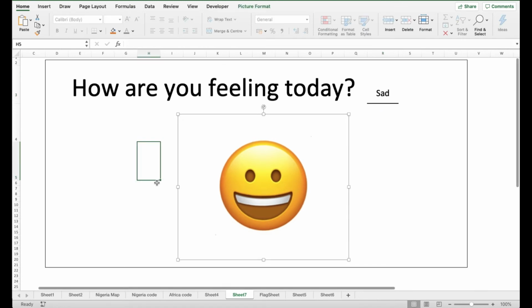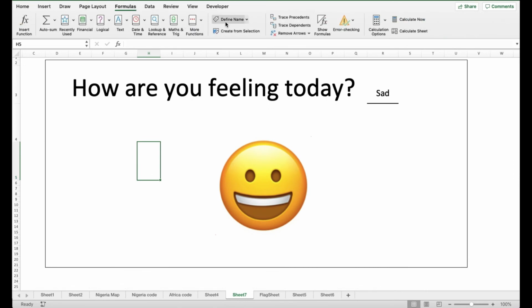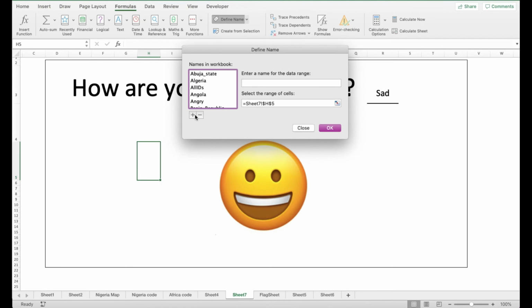So the next thing we're going to do now is create a dynamic range. And to do that, I'm going to go to formulas and I'm going to go to define name. I'm going to create a new name. I will call this new name chosen feeling. Now I'm just making names up. And this is a dynamic range, so it's going to be indirect, selected,